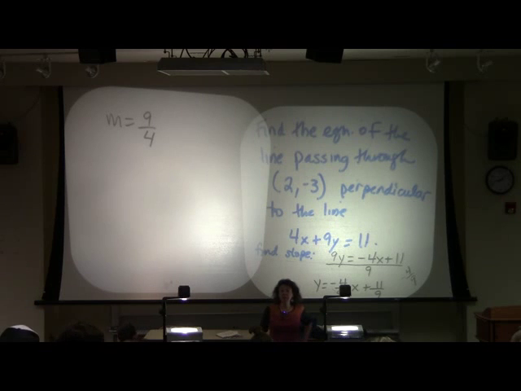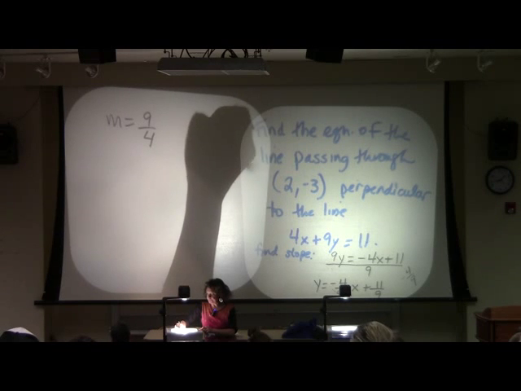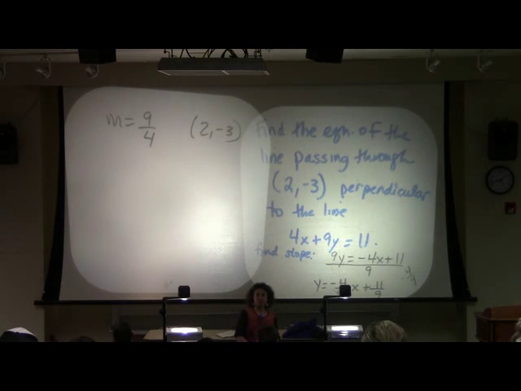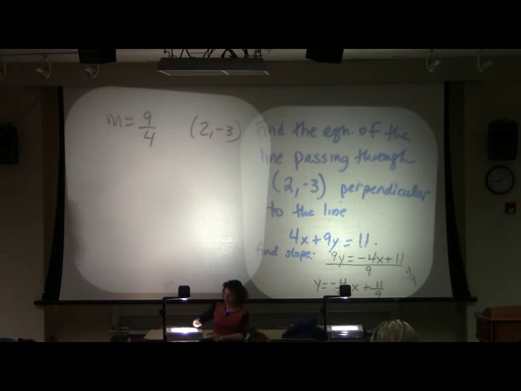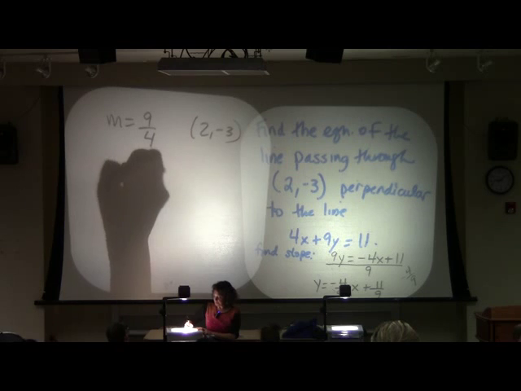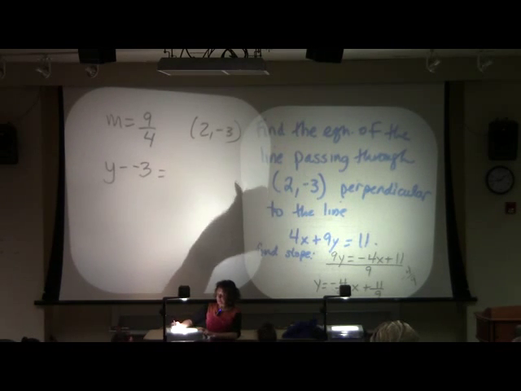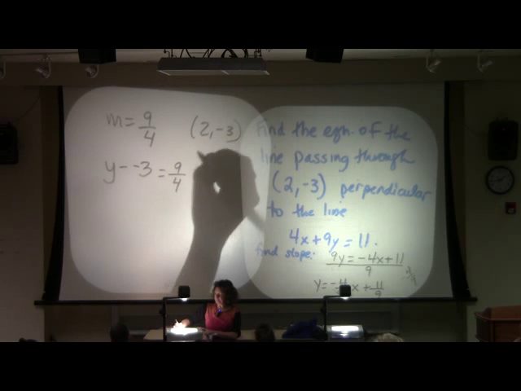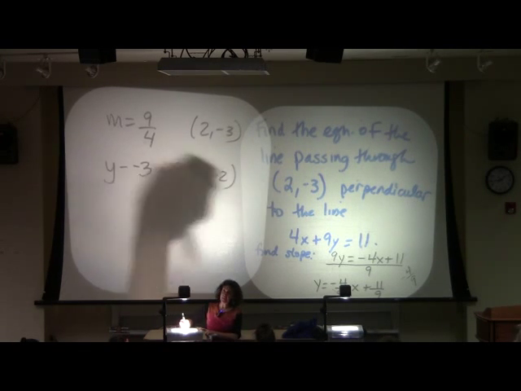Are there any questions how I got that? Cool. And it's passing through the point (2, -3). Can we find our equation now? You bet we can. Okay? I'm going to use the point slope formula, the whole y minus y one ditty. If you guys prefer the y equals mx plus b, ignore me for now. Do it using the y equals mx plus b way, and we'll get to the same place. You ready? So it's y minus my y value. So y minus -3 is m, which we found to be 9/4, times x minus our x value.